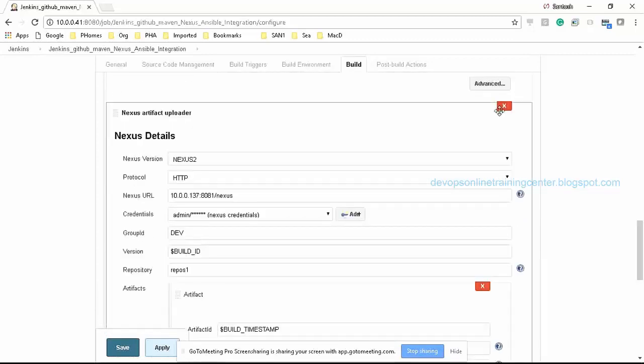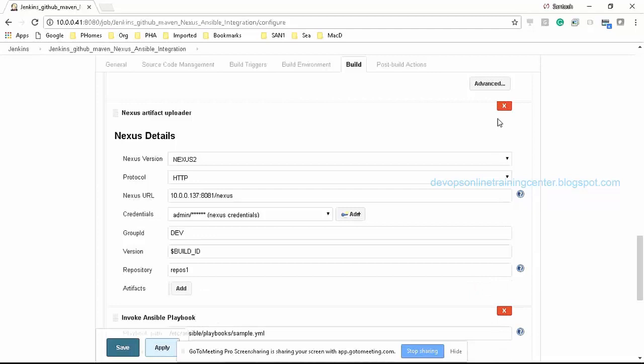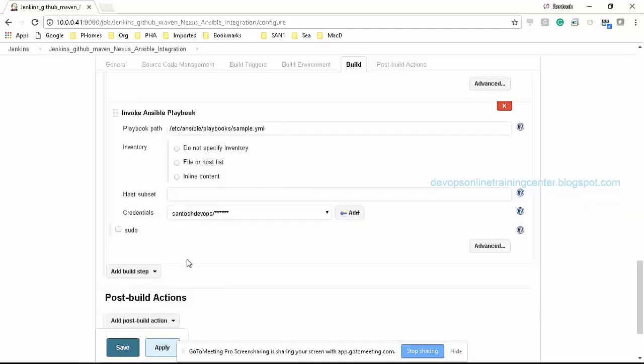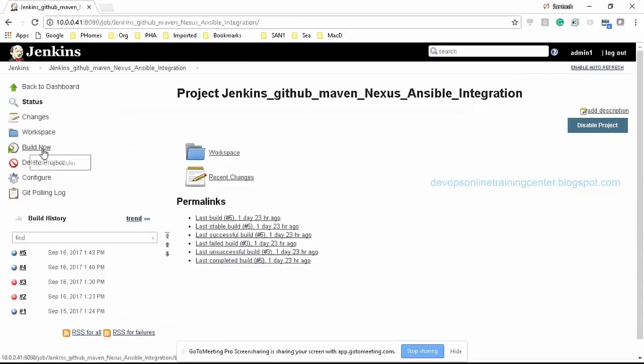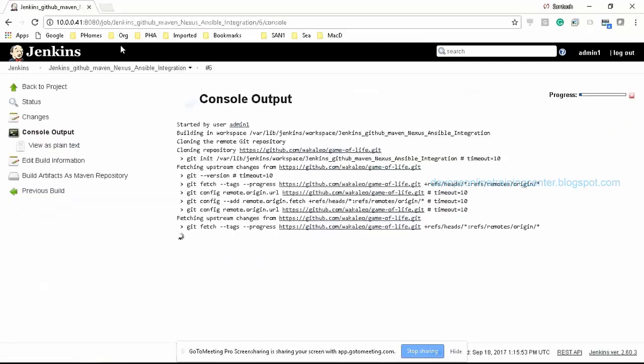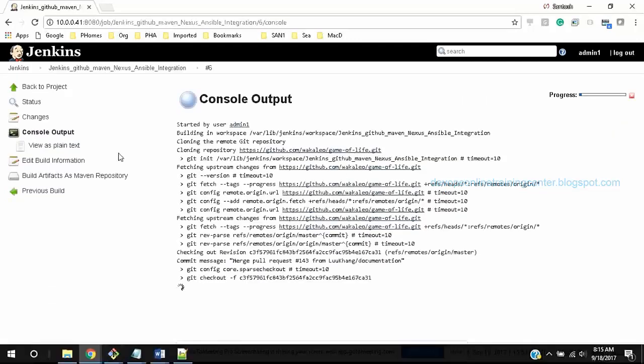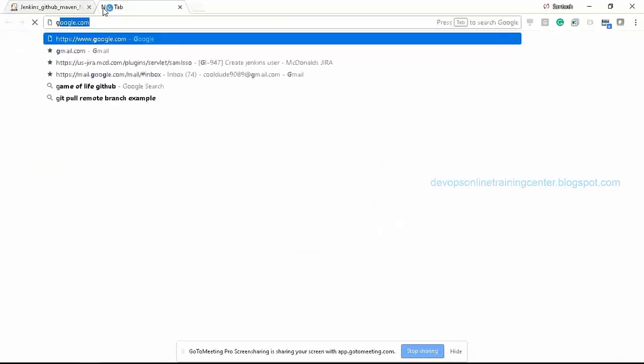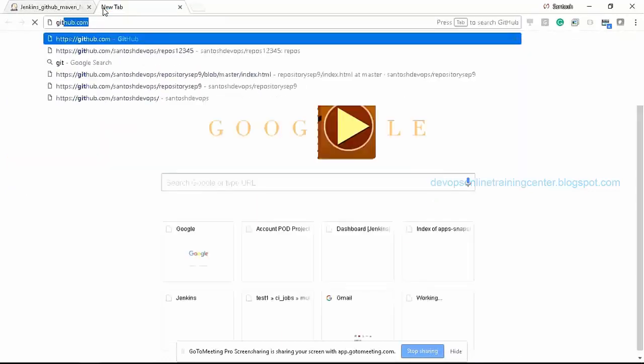So I'll remove this step. Okay, now I have the playbook. So let us see executing it and see what happens. So it will download from the repository, which is Game of Life repository.